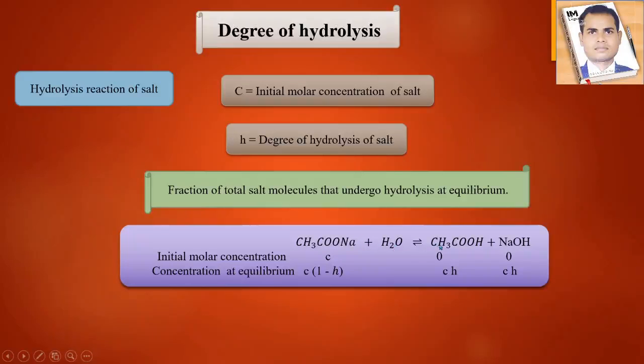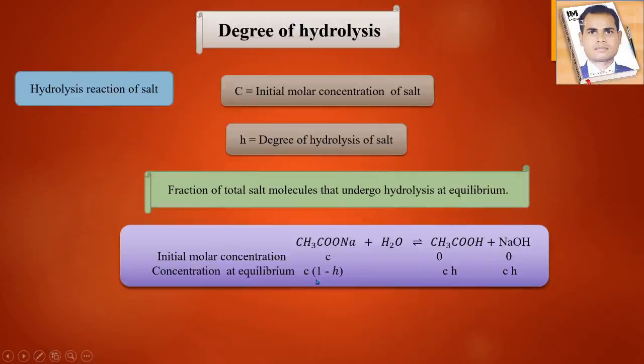Water will give H plus to the acetate group and form acetic acid, and the side product is NaOH. So you will see the initial molar concentration is c for the sodium acetate or salt, and for acetic acid the initial molar concentration is 0 and NaOH is 0,